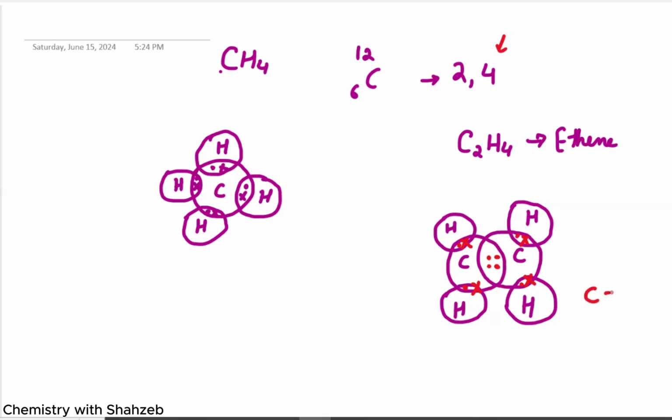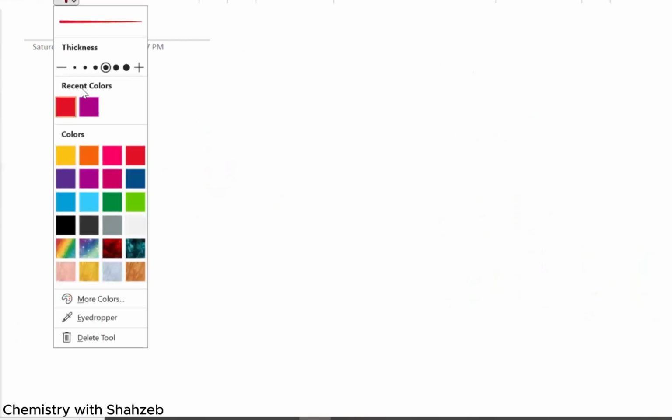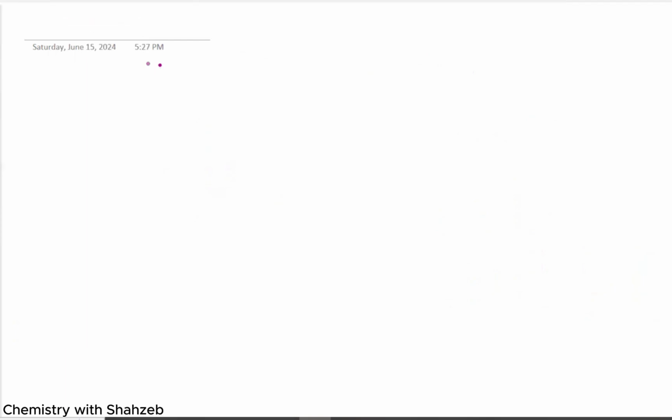So the structure becomes like this: a double bond between the carbons, and hydrogen would come here, hydrogen here, hydrogen here, and hydrogen here. Okay. So these are all the examples that are basically related to simple molecular structure. Up till now, we have discussed simple molecular structure, and let's now discuss the